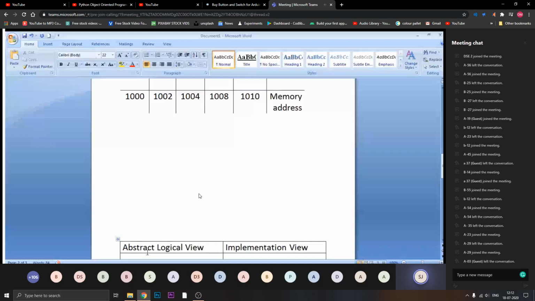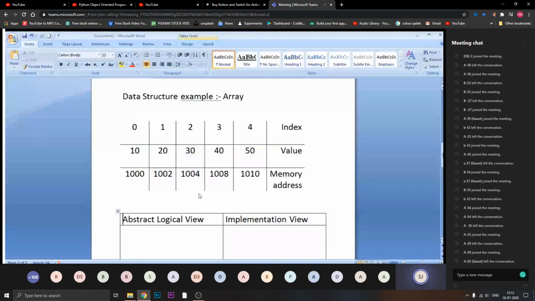These are the data structures. But there are two ways to implement these data structures. One way is array, the second way is a linked list. So I can write a program using an array to implement a stack. I can write a program using a linked list to implement a stack also. So array and linked list are the ways to implement the data structure.